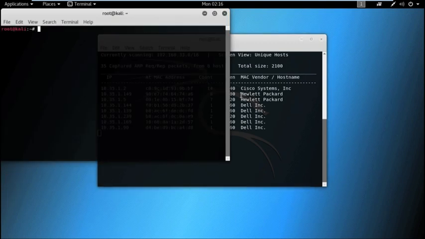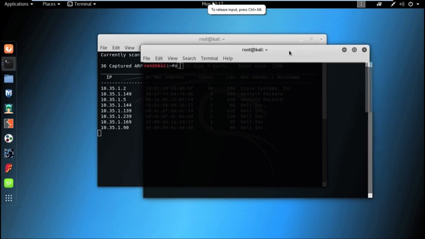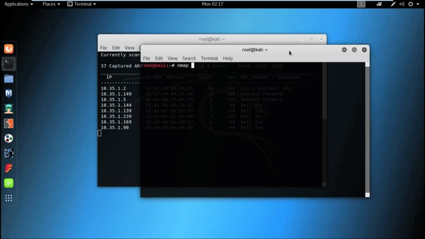Okay, let us compare the result which we got using Nmap. Nmap -T4 -sP 10.35.1.0/24.